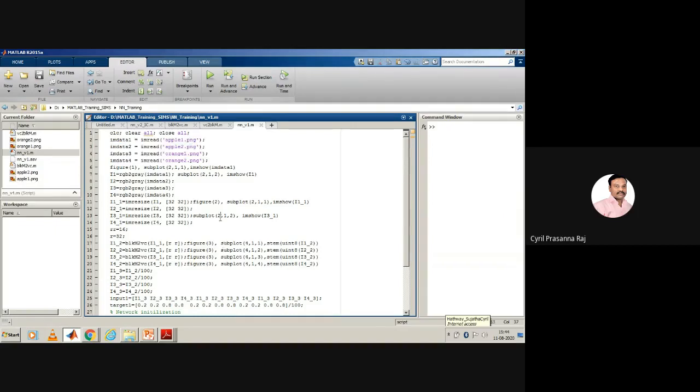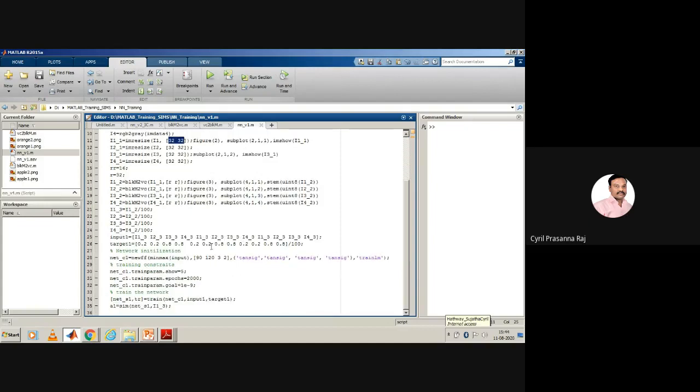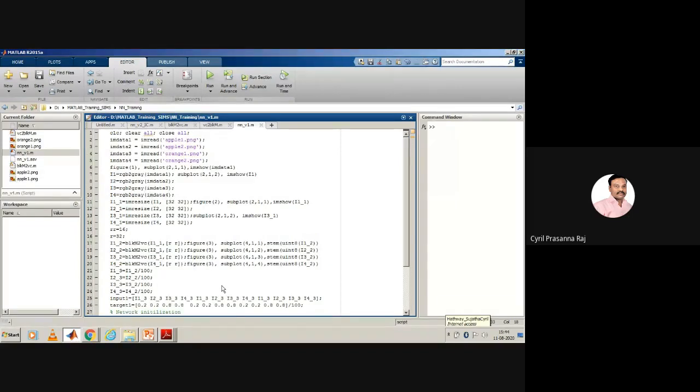I want you to first start by directly writing a NN program, that is a neural network program, to perform classification. Now, to do this classification, make sure that you don't resize the image to 32 by 32. Resize the image to a minimum of 128 by 128. By resizing it to 128 by 128, I want you to run this, modify the code, change the network size here, change the training parameters here, and then make sure that you're able to classify the image as normal or abnormal. That is task one that I want all of you to do today.